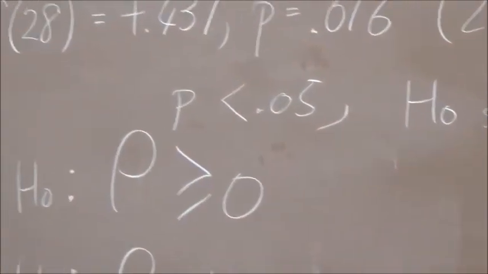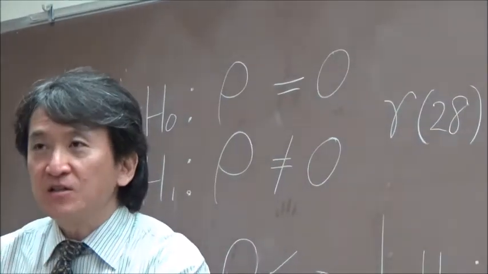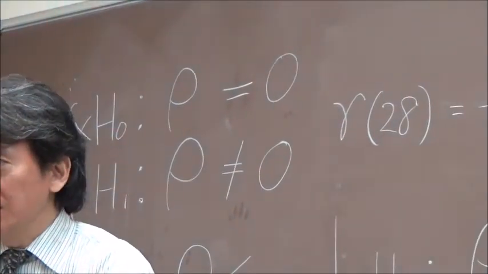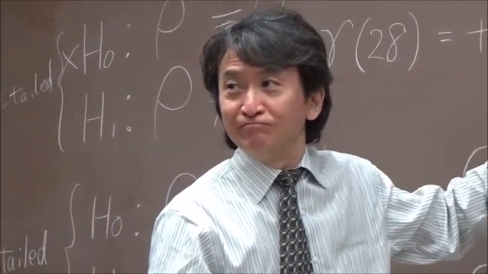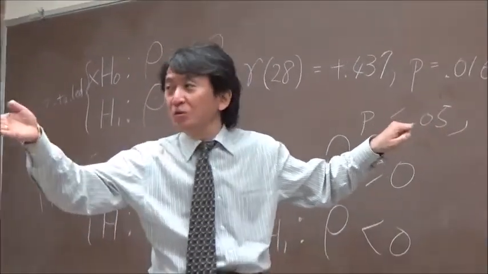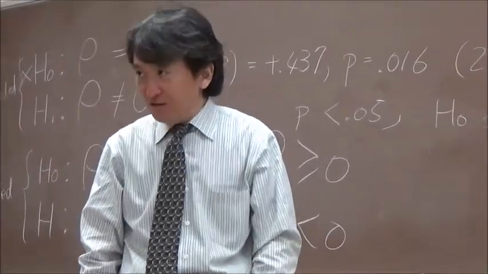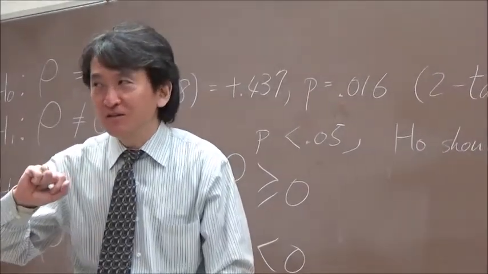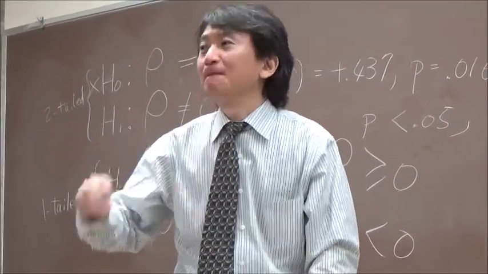H0 should be rejected. Therefore, there is sufficient evidence to conclude that there is a correlation between the quality of marriage and the quality of the parent-child relationship. It would be a moderate correlation. Very good. Moderate positive correlation. So then, would we say that there is a